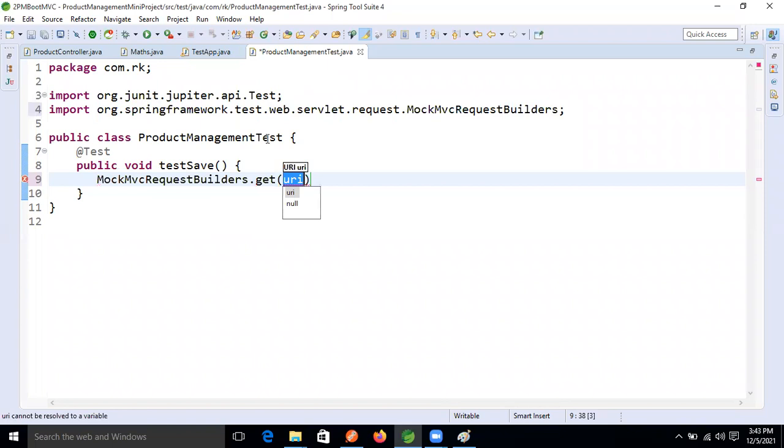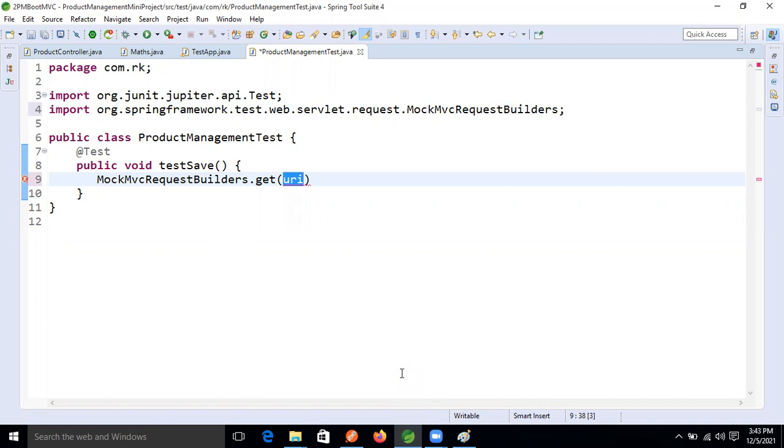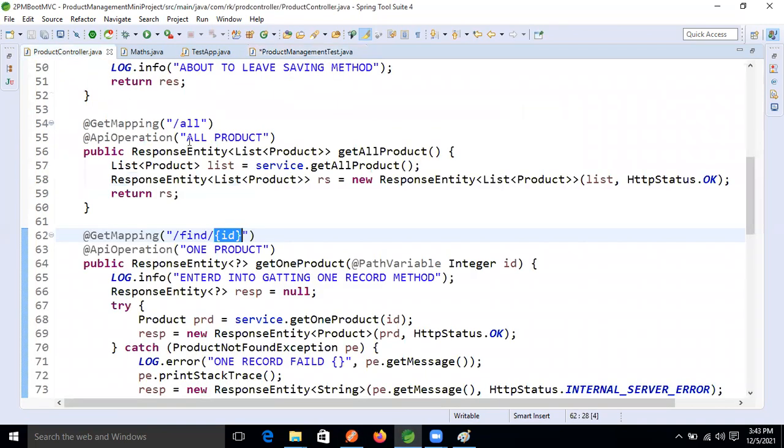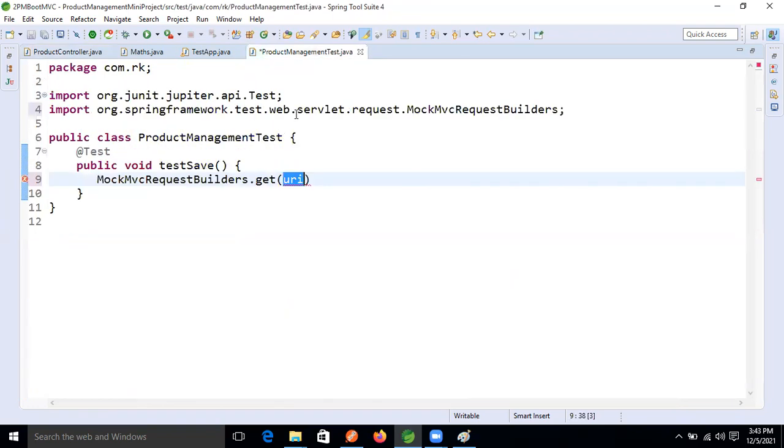Yes, Ravi. Inside that we will specify /app/product/find/1 as the URI. We will specify that URI. So what is our URI now, guys? This is the product, right? /app/product, and after that, find, and then the ID, which we are putting as 1.